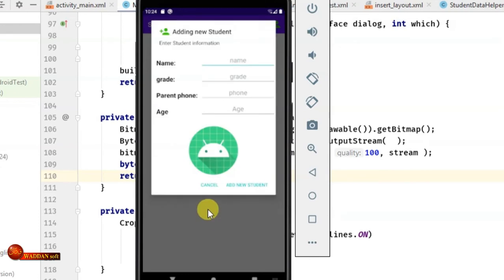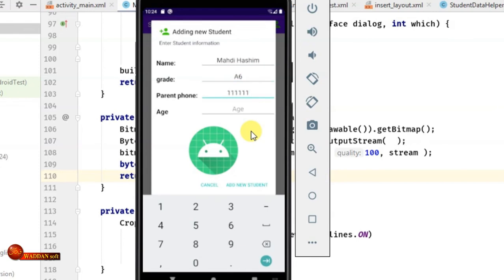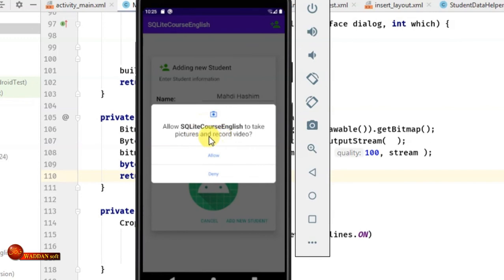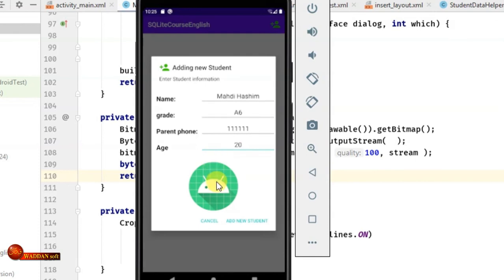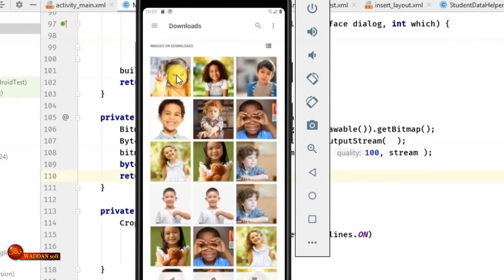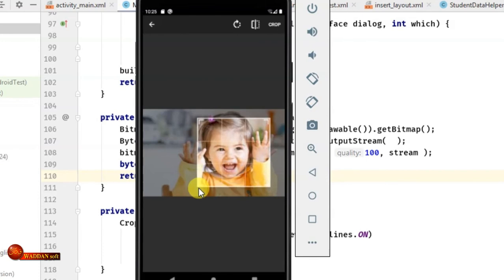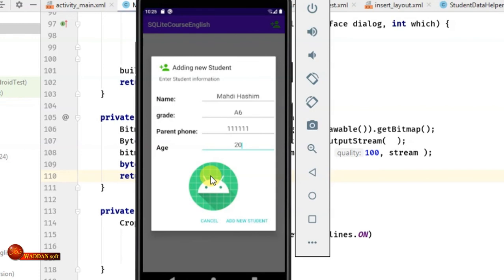When we click the insert icon, we insert some data, for example, and when we click the image view, it will give a message to allow permissions. Again, it will open the gallery and camera. If we click gallery, we can choose an image in the gallery, very cute girl, and we can crop the image. But here we are, the image is not shown in the image view, so we'll go back to our code,